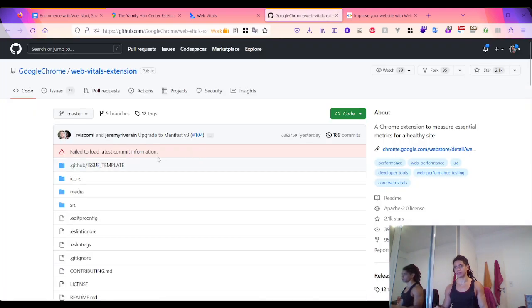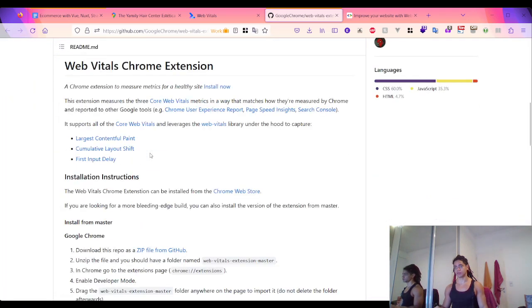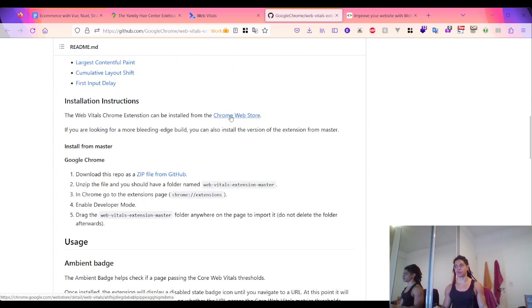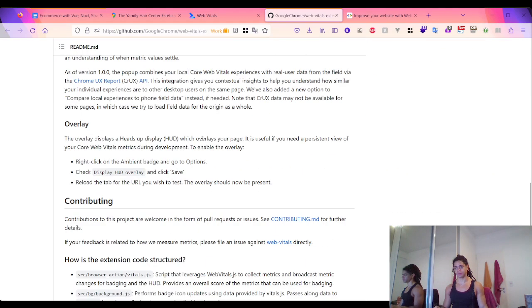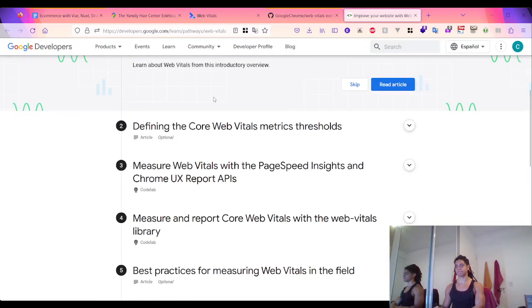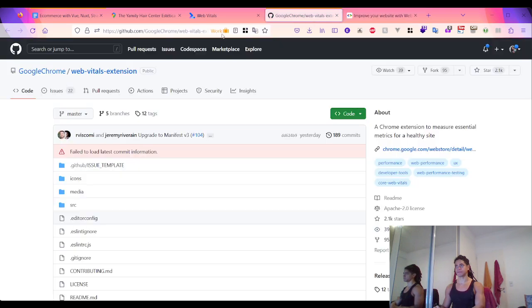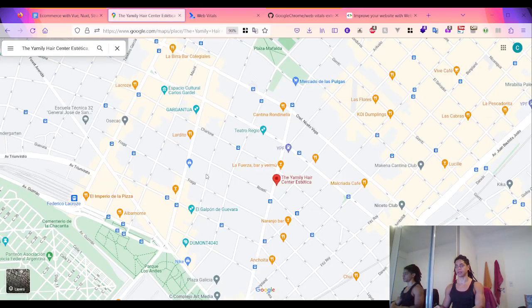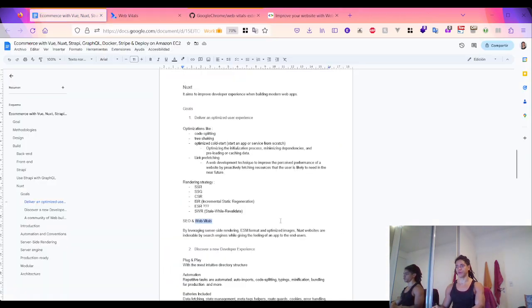This only works on Google Chrome, on the Chrome Web Store. Okay. So looking at the Web Vitals, which is something I'm going to link here. Okay, the Web Vitals,